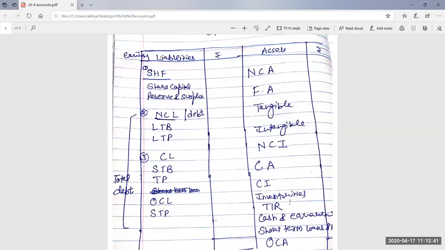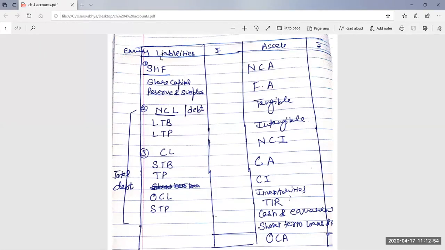Earlier we were writing only liabilities, because we were making the balance sheet of a sole proprietor. But now this is the balance sheet of a company, so here I have written equity and liability. First I'm explaining the balance sheet for better understanding of the different formulas. Then I'll tell you how the hidden figure can be found out just by keeping in mind one balance sheet. No need to learn the different formulas.